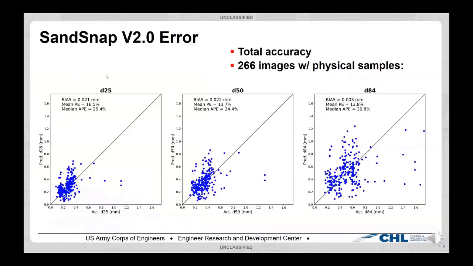So we're being more precise about this for SandSnap version 2. So this right here is the total error, the total accuracy for SandSnap version 2. And what I mean by that is, what does SandSnap tell you the gradation results are? What does the sieve tell you the gradation results are? How do those compare? For all the images that we actually have physical samples for,